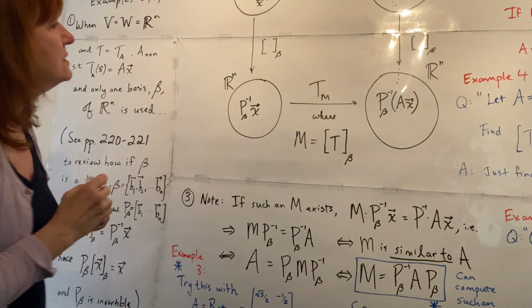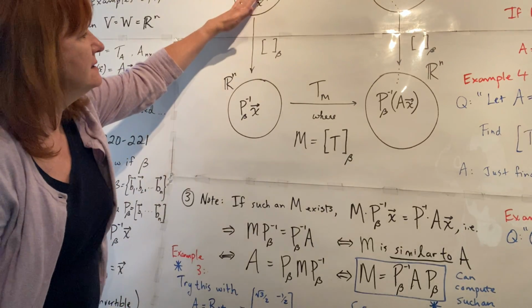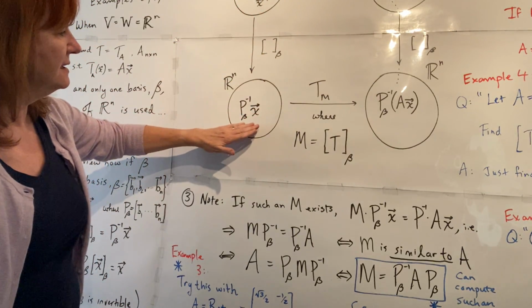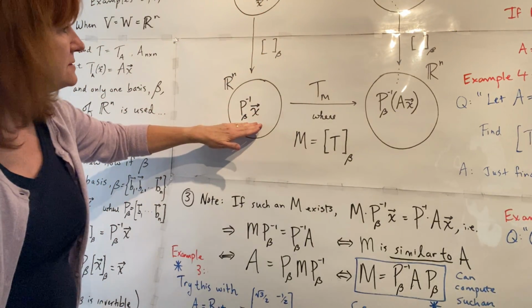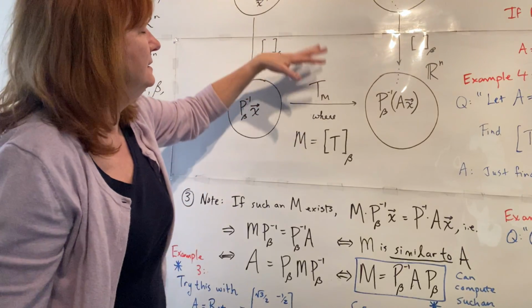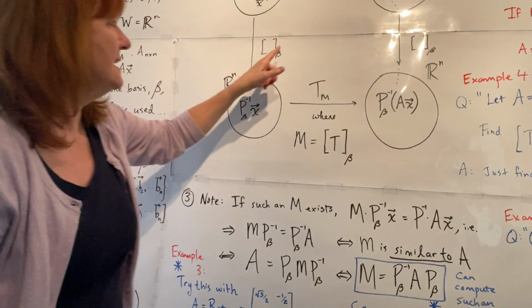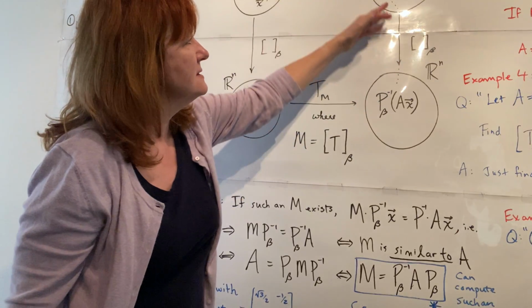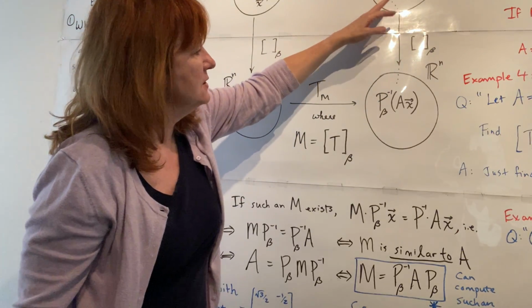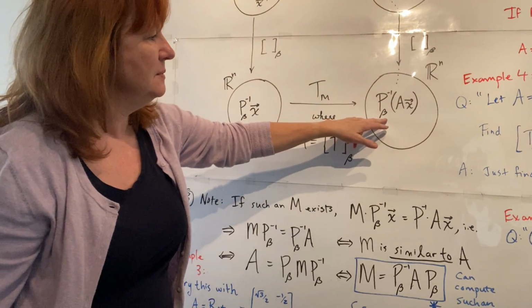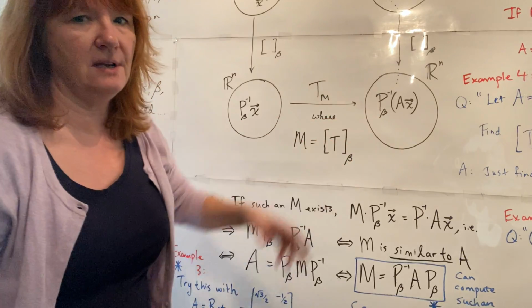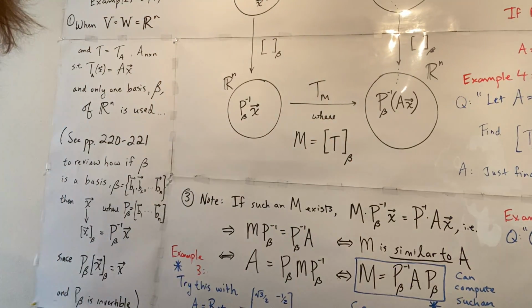So using beta, you get the coordinates with respect to beta by multiplying by this matrix. And as this is another copy of R sub n, and we're just using the same basis beta, the same thing will happen to anything over here. It will also be multiplied on the left by P sub beta inverse. Okay, but now if you look over here,